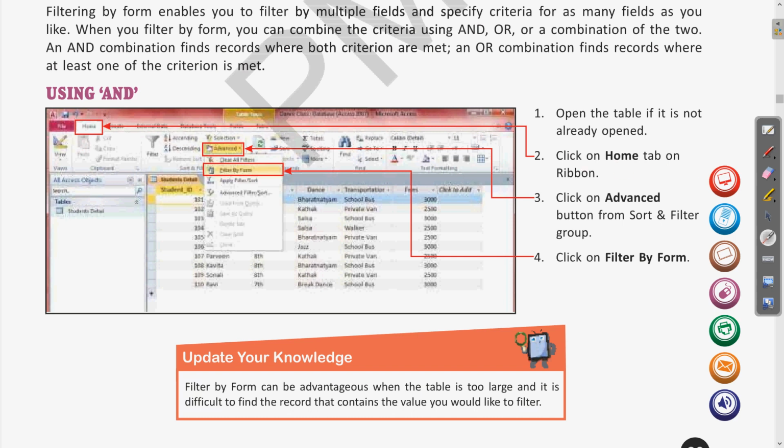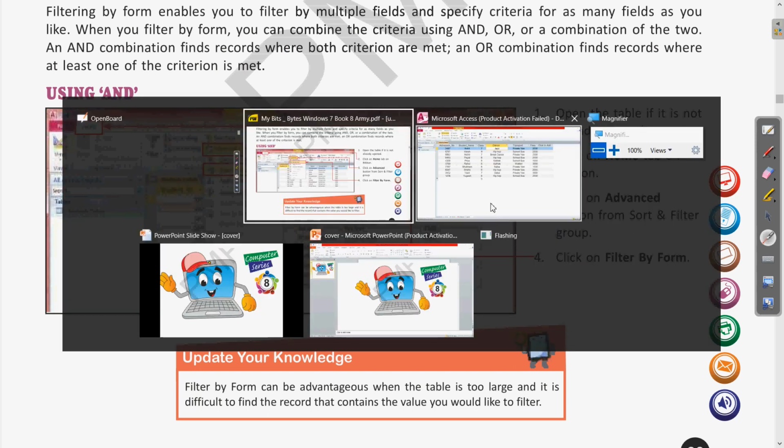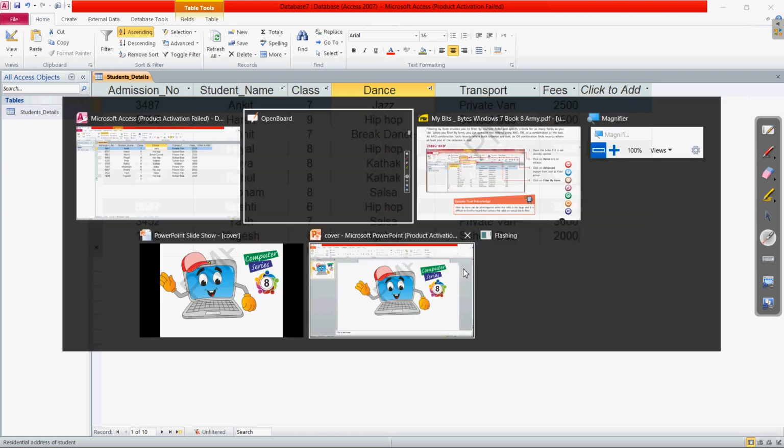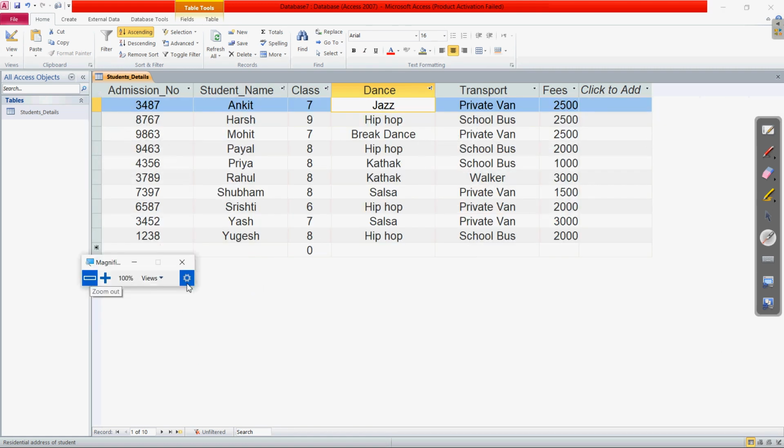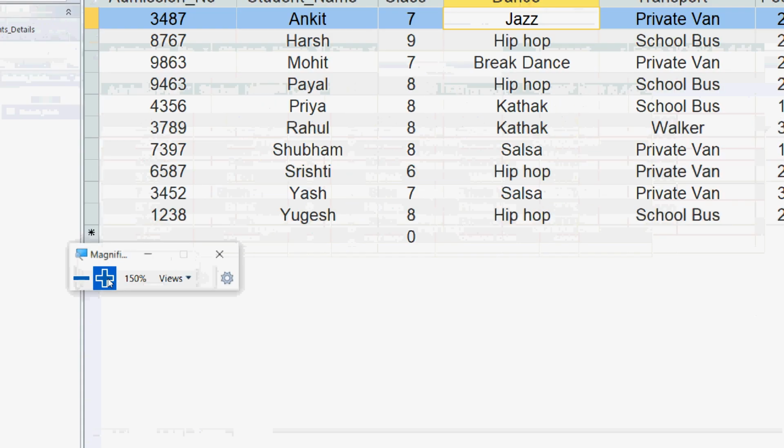After clicking on the Home tab, click on the Advanced button from the Sort and Filter group. What we have to do is click on the Advanced button from the Sort and Filter group. Then click on Filter by Form. So let us do these four steps. Okay, so here is our database, use the magnifier.